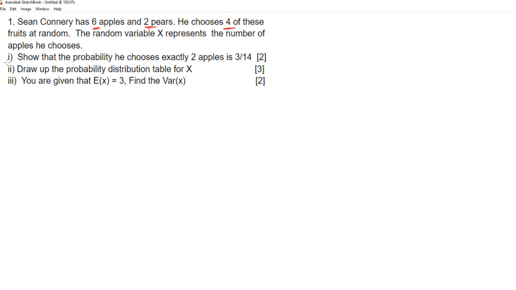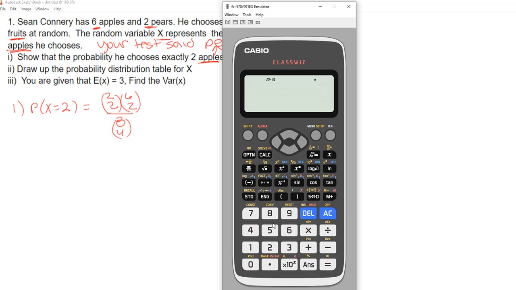In problem number 1, we've got 6 apples and 2 pears, and maybe you recall, but this problem was screwed up. What happened was your test didn't say apples, yours said pears. So let's go ahead and deal with it like it says pears. The probability that we drew 2 pears, well, that would be 2 choose 2 times 6 choose 2 over 8 choose 4. And that would give us a probability of